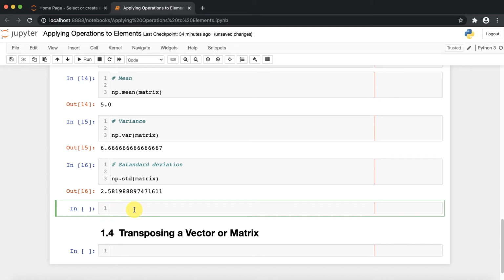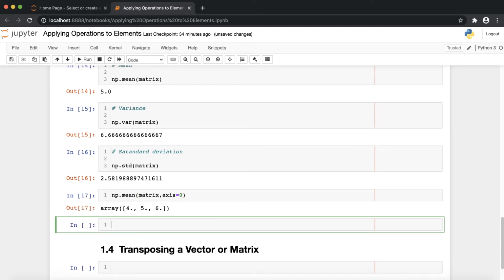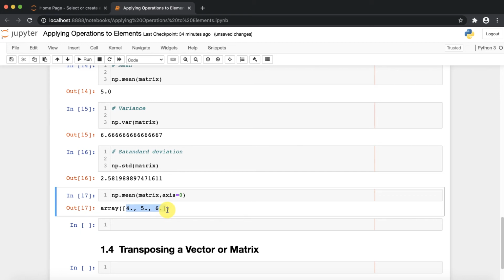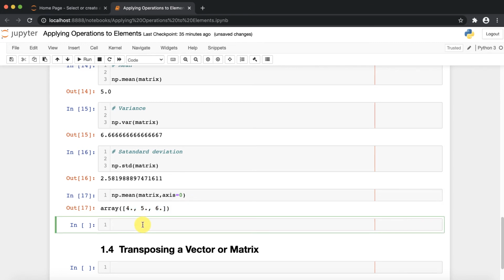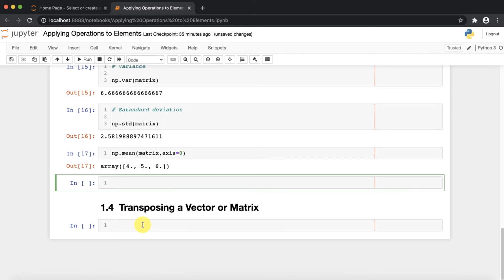So if you want to perform the same thing over here row wise or column wise, so you just need to write np dot mean, I want to find it row wise and column wise. So axis is equals to 0, I just need to put, right? And if I execute, then it will return the particular mean for me, okay, right?